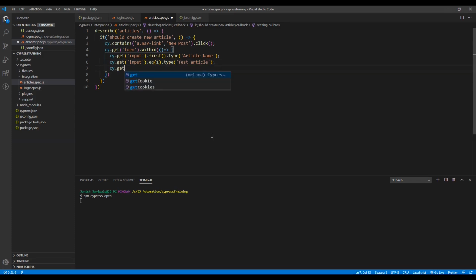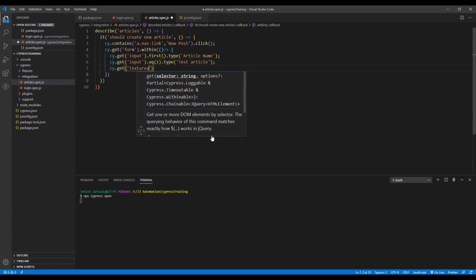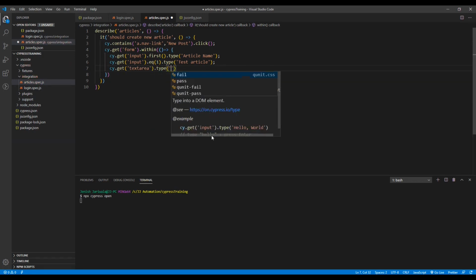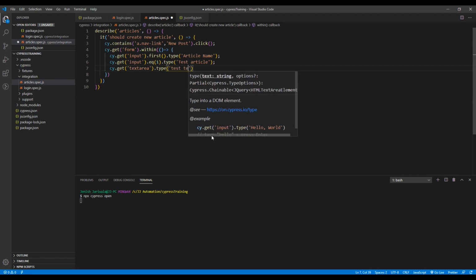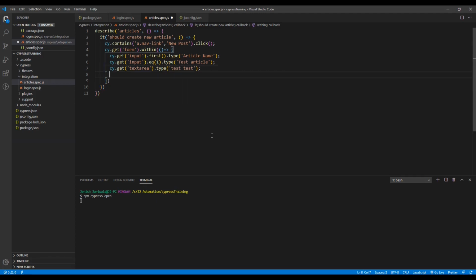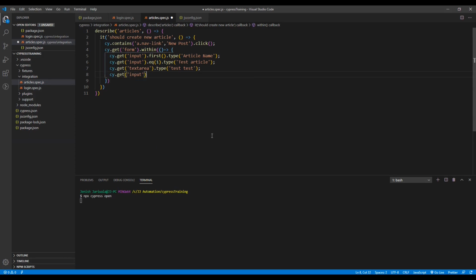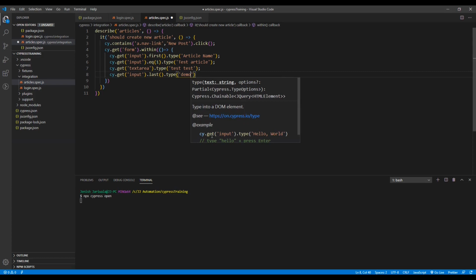After that we have a text area, so we can use textarea dot type test. After that we have one more input, we can write input dot, and it is the last one, so we use last dot type, and the name is demo.